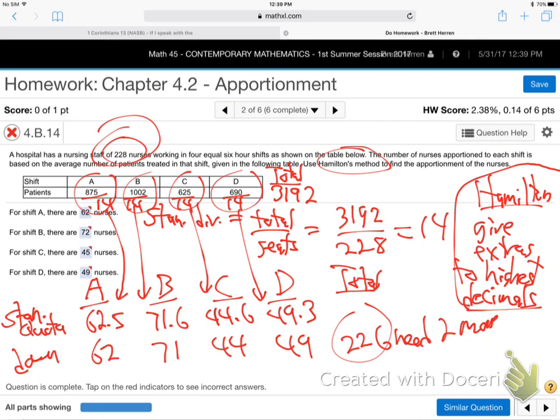Okay, I'm going to have to go back and see what they were. Oh, the first one was 0.5. Oh, no, it's just those 2. It's just this one, and they have the highest decimals, both the 0.6s, huh? Yeah, there we go. Both the 0.6s. Get an extra one. So this is going to go to 72. This is going to go to 45.